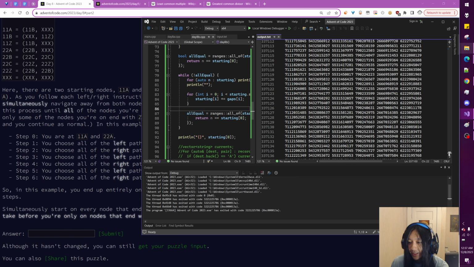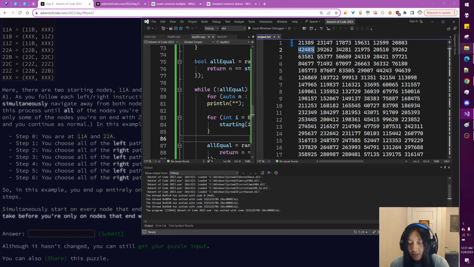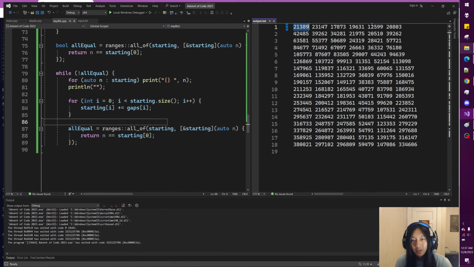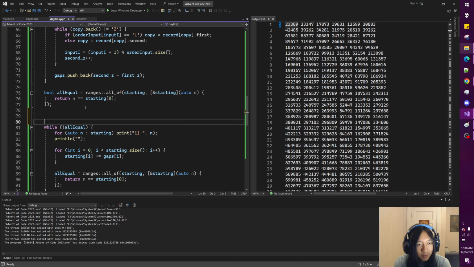Oh, wait a second. You know what? It's not that they all have to be equal. They can be equal across different points in time, right? So as soon as we have the same number, the first instance, okay, I understand now. I believe we have to look at if I'm going to do it my current way, I constantly have to look if one number has appeared in all of these. Because that would mean that they all appear at the same step. So it's not that I have to do it like that. What I really need is